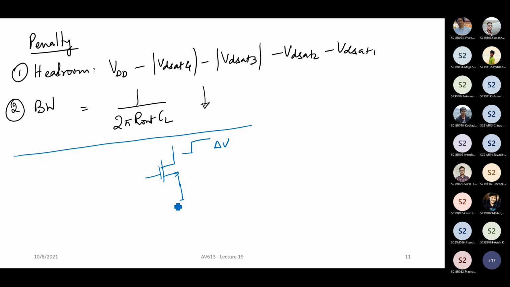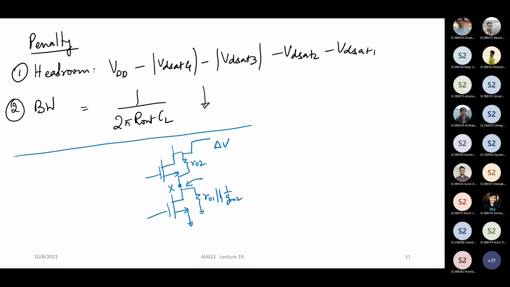Now what happens is that at this particular node, let's call this node X, the voltage at this node X will not swing by the same amount. All right, it will swing by a much lesser amount, and that is because it can be thought of as you have an R0 and the total impedance here is R01 parallel to 1 over GM2. This is R02.